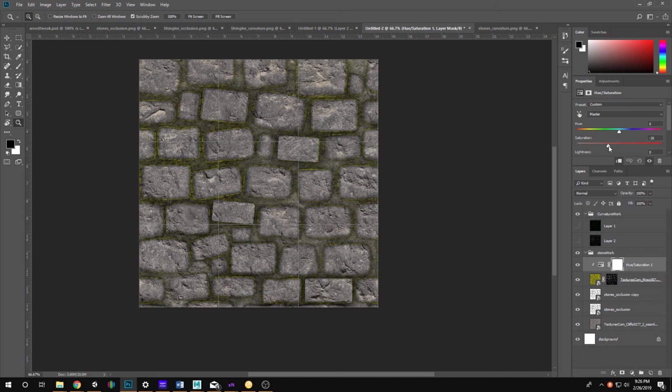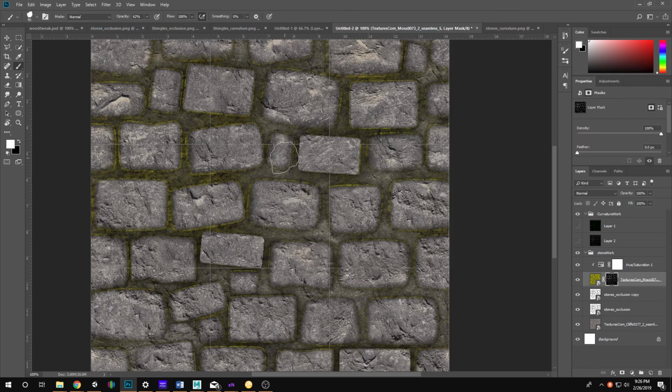And if I mess around with my saturation on this and then try to change the colors a little bit, probably will find a little bit more of an interesting moss color that's not nuclear looking. Okay, I like that. Now, if I want to add more moss to areas inside of here, if I have the mask selected and I go up into here,